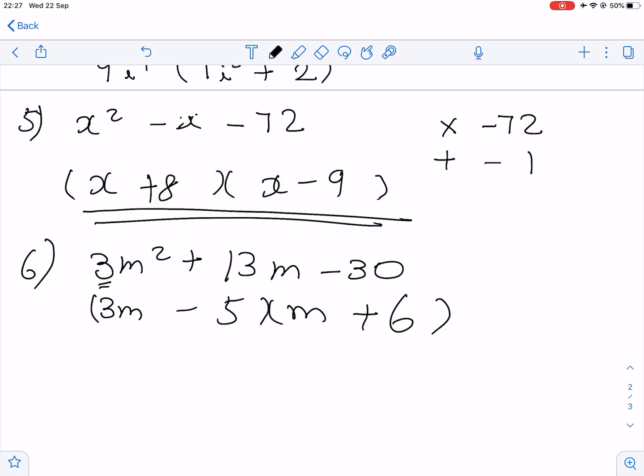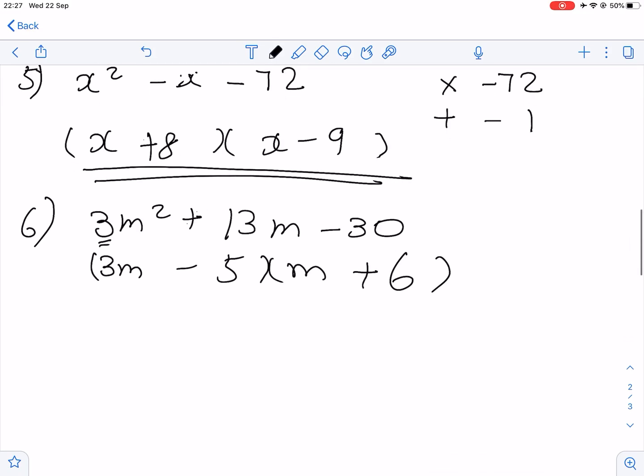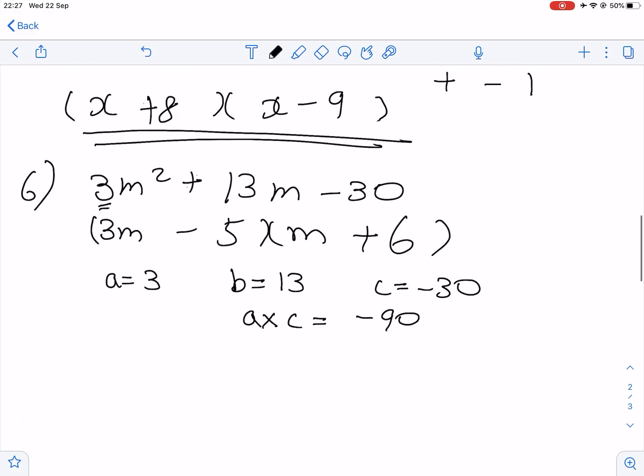And remember the other method, which I told you the other day, which is that our a is equal to 3, b is equal to 13, c is equal to minus 30. So we do a multiplied by c, which is minus 90. So we want to find factors of minus 90 that add to give you plus 13. And you can try some combinations, such as